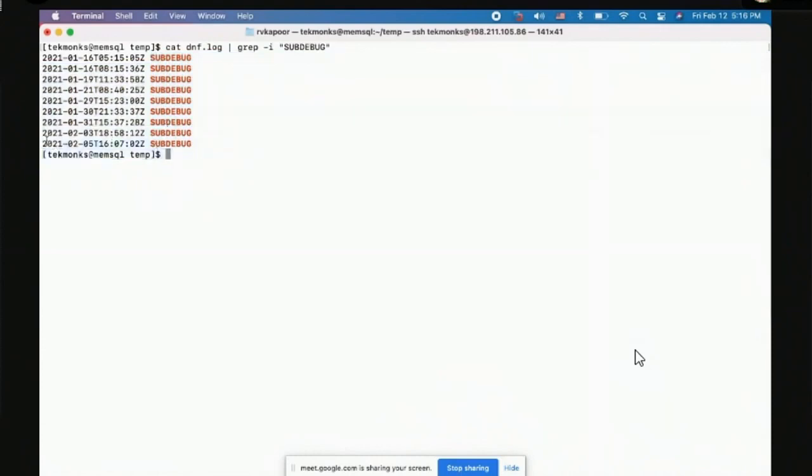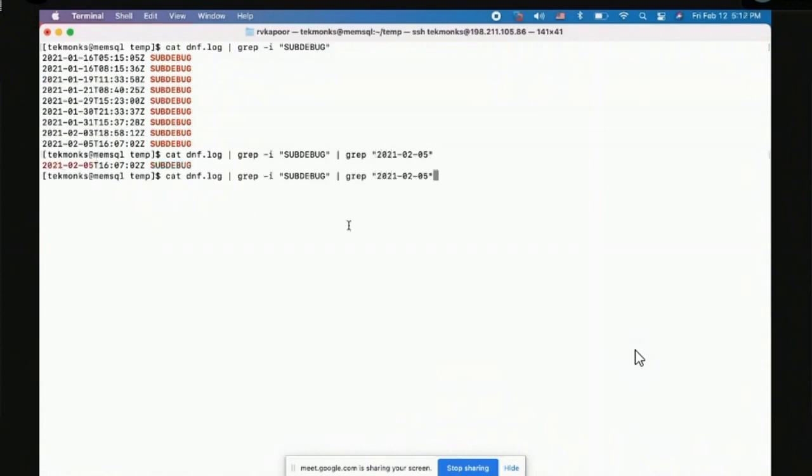And let's say this is the date I'm interested in, not these other dates. So what I can do is, this is the date I'm interested in. Obviously, at some point, I will also have to grab this date, right? So if I do that, obviously this is going to reduce it even more. It just gives me 1. But now I say, okay, fine. The debug event that happened on this date,